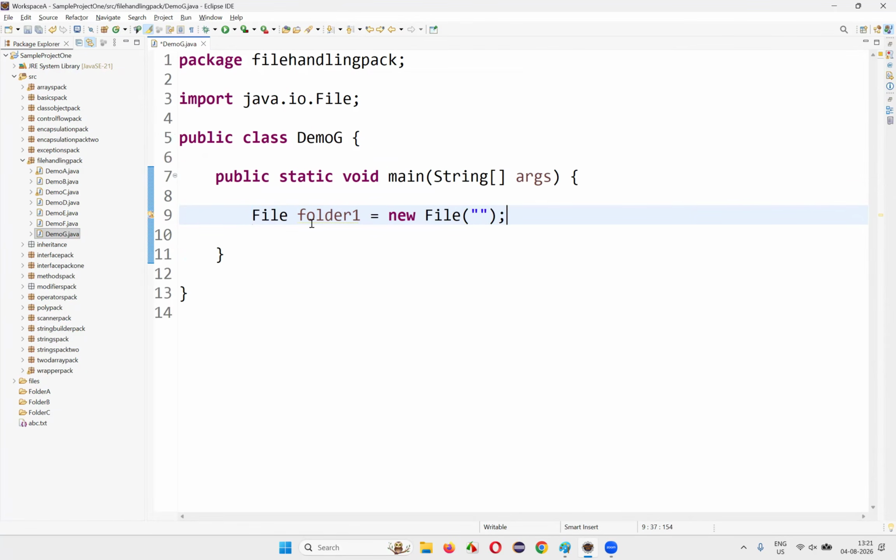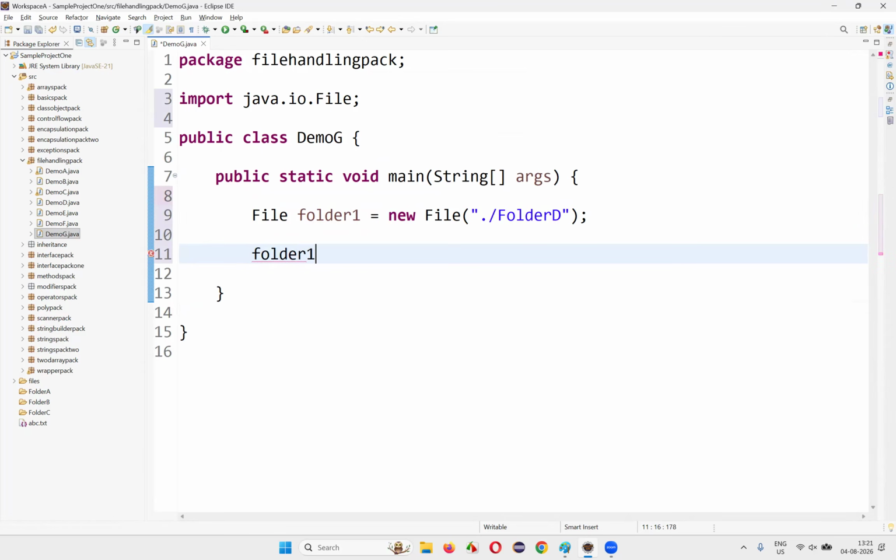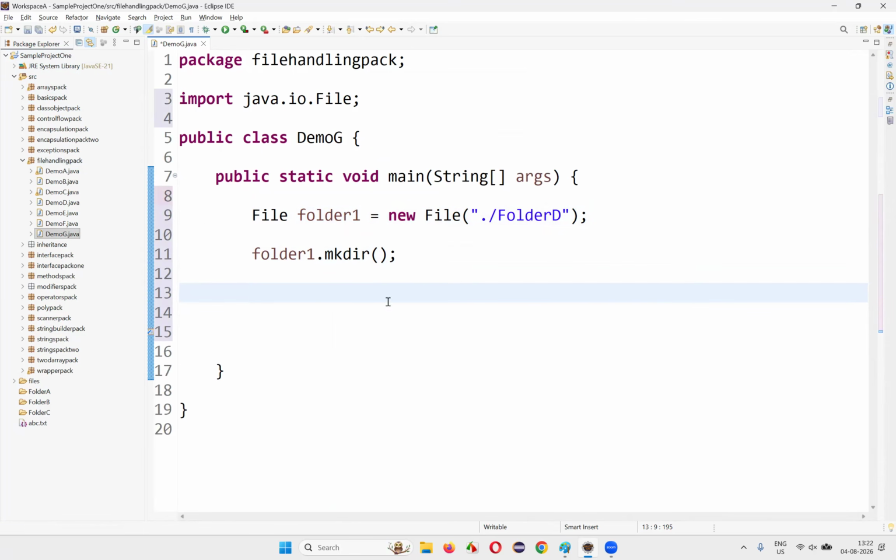Before that, I'll import this File from java.io package. Here I'll write dot slash folderD. So I'm creating this folder for the first time, right? So after representing this folder, how to create this folder? I have to say folder1.mkdir. This will create the folder. Under the project, it will create the folder known as folderD here. Once the folder got created,